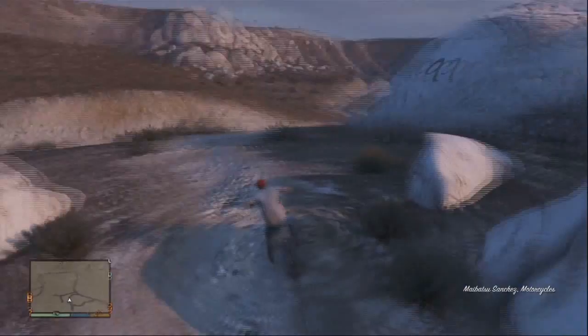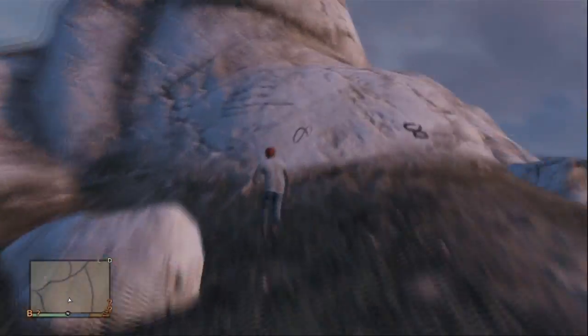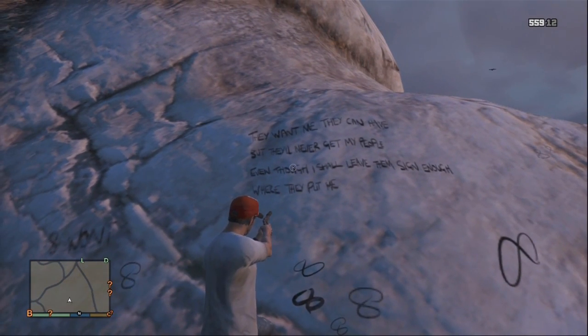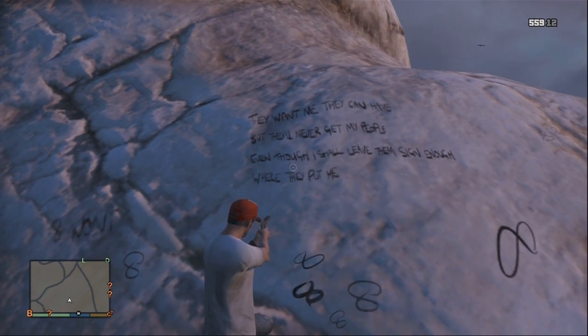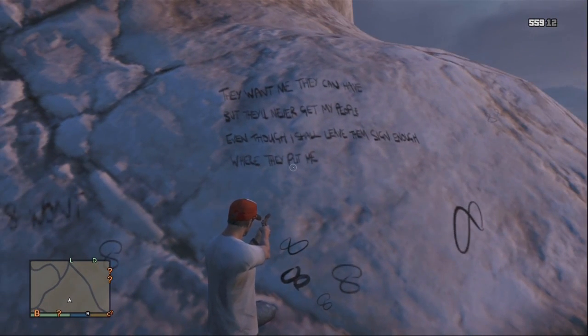So if we head up on the hill, there is an extension to his rhyme, and I'm going to speed up this part. Basically, the rhyme says, "They want me, they can have, but still they'll never get my people, even though I shall leave them sign enough where they put me." From this, we can tell, like I previously stated, that he knows his incarceration is inevitable, and what he is